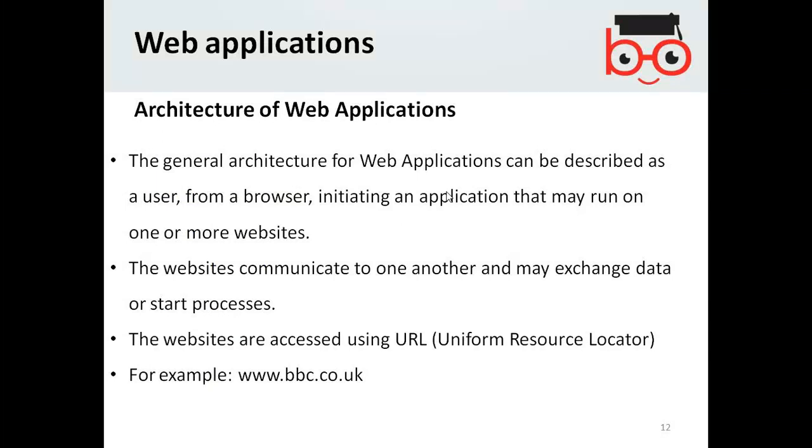If you search for something on Google, then in response you get advertisements, the paid advertisements. Oh, are you interested in insurance? Have you noticed this? Like, you just type car insurance on Google, and the other websites you are using nowadays give you the options: buy the insurance, buy the insurance. Yeah. So this is how the definition of the internet has become: websites communicate with one another and may exchange data or start processes.